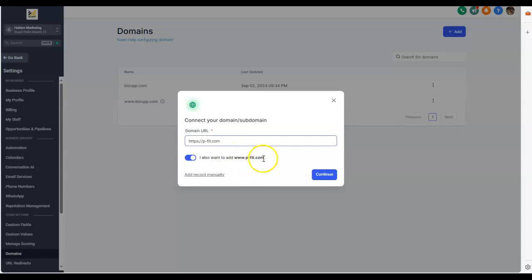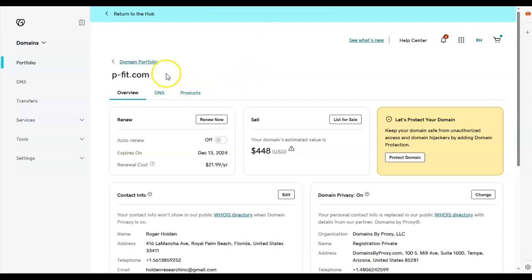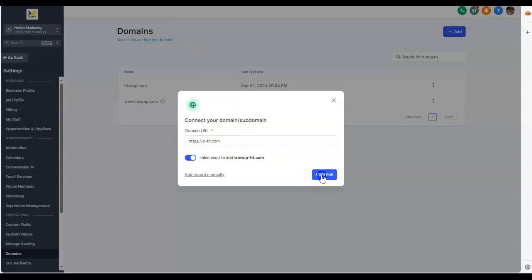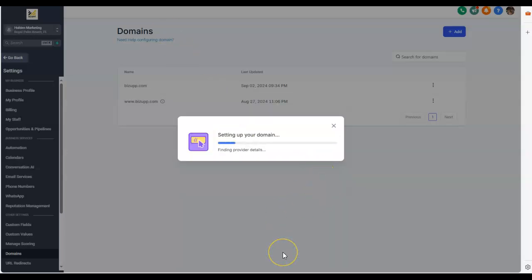Okay, now if you notice down here, it's going to ask me if I want to put www.pfit.com, and of course I want to. So let's go back here and check that name. So it's pfit.com. Okay, so we're going to say, okay, yes. So we're going to go ahead, and now it's going to give us the setup parameters to go back into,